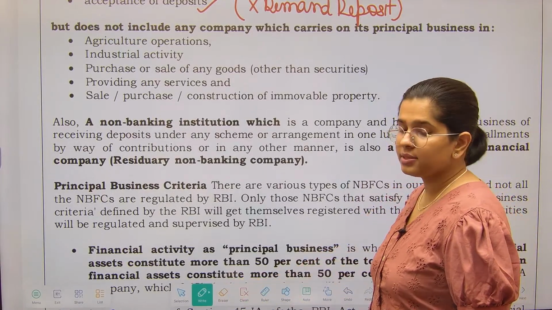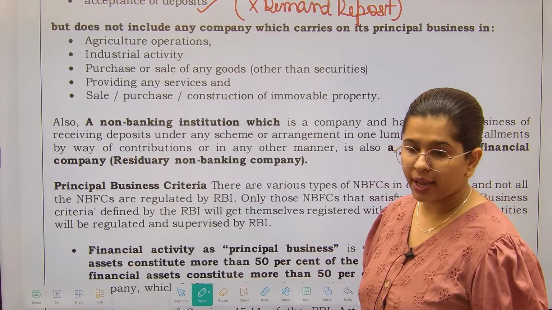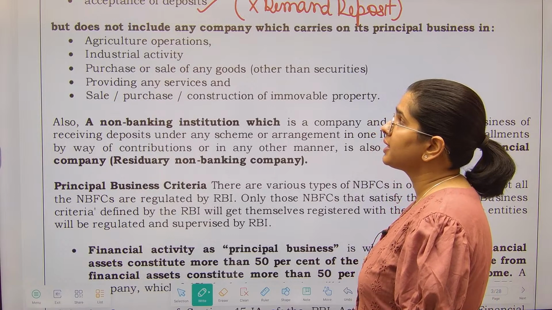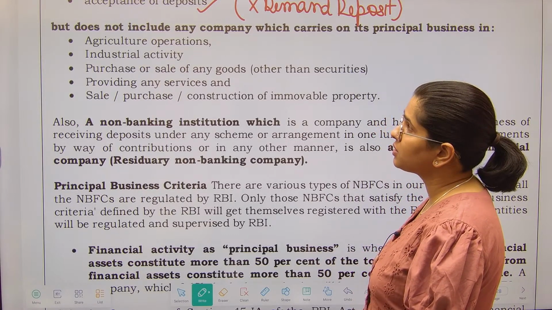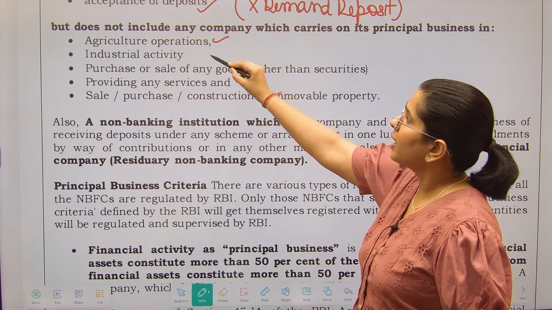But there are certain exceptions as well. कुछ और exceptions भी हैं. What are these exceptions? So they do not include any company which carries on the business of agriculture, not allowed. Industrial